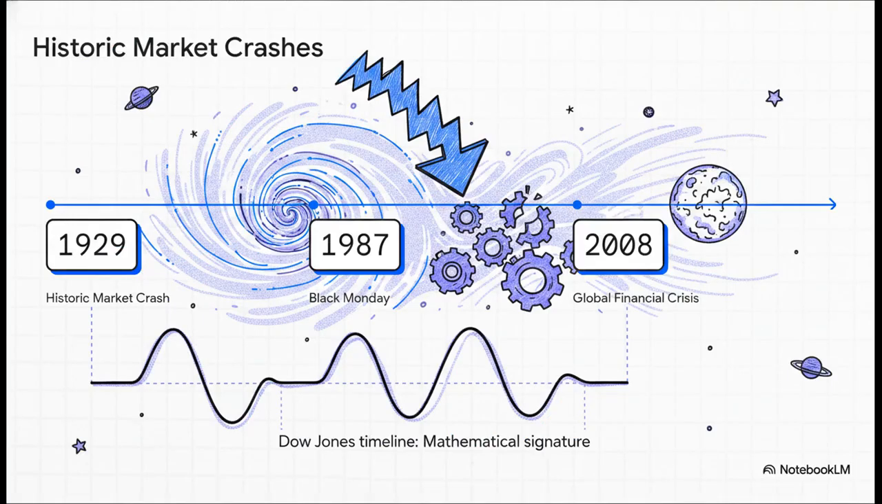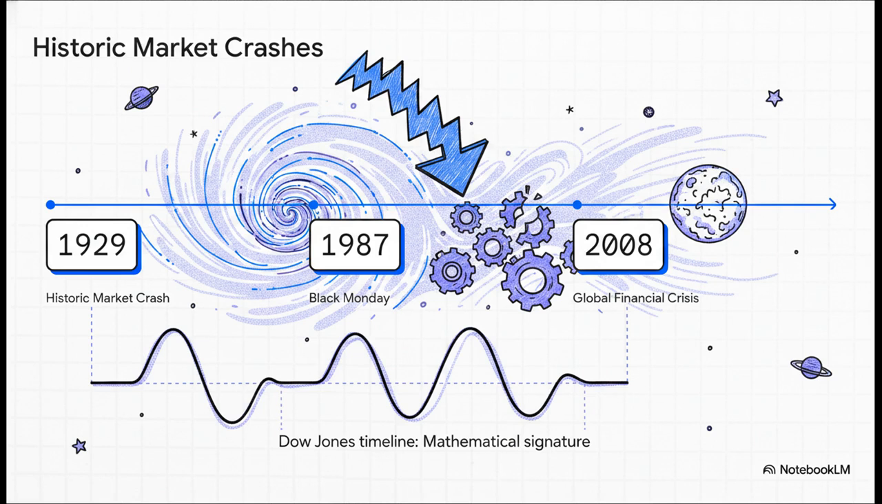To back this all up, the document rigorously tests its theory retroactively against some of history's most devastating financial events. We're talking the historic 1929 market crash, Black Monday in 1987, and the 2008 global financial crisis. Traditional economics views these as distinct anomalies, right? Maybe triggered by bad policy or unique economic bubbles. But the blueprint looks at the timeline of the Dow Jones and claims, actually, they share an identical underlying mathematical